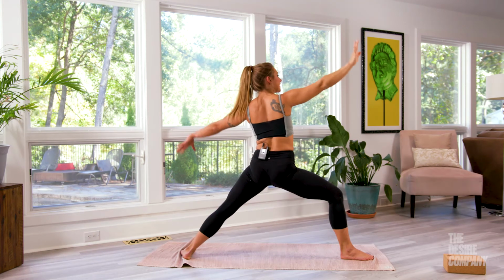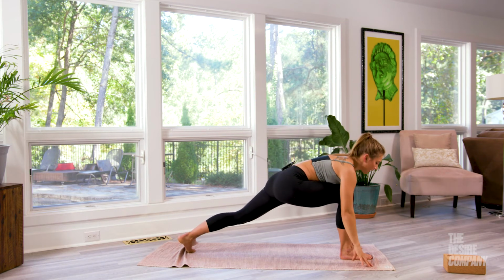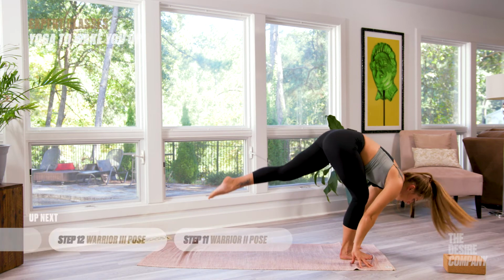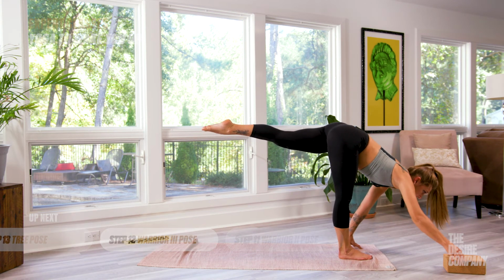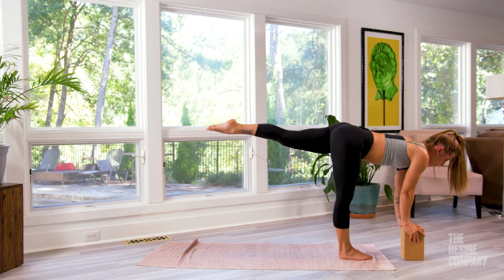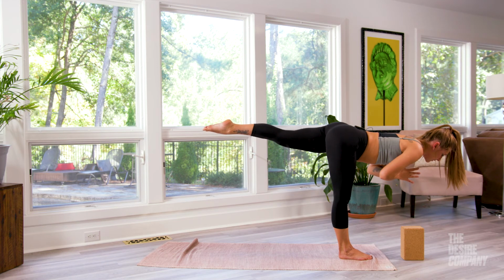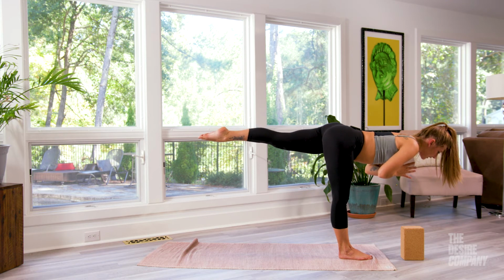Exhale, bringing it back to center, and then shifting our weight to the front of the mat, framing our front foot, pushing off of our back leg to put all of the weight onto our right foot. If you need a block, this is your time to grab it, or you can use it to get you set up, and then find your way into Warrior 3. Squaring our hips, making one nice straight line,